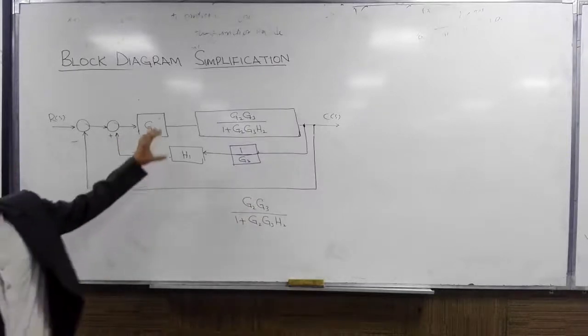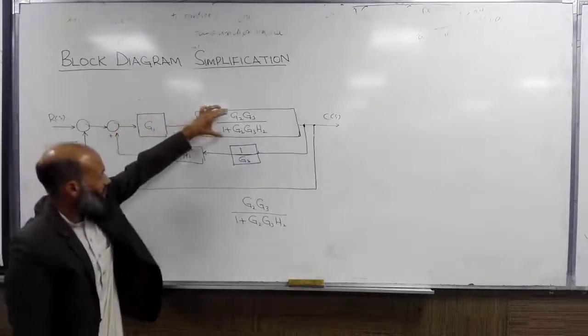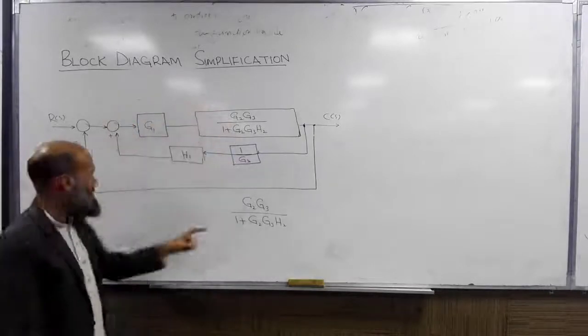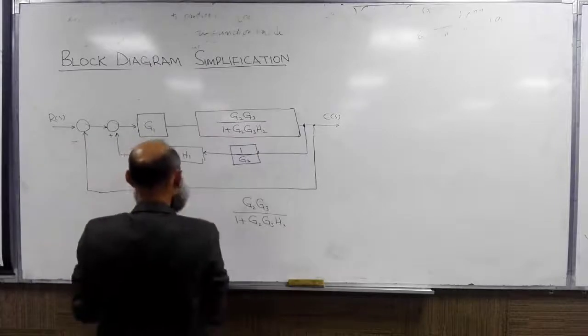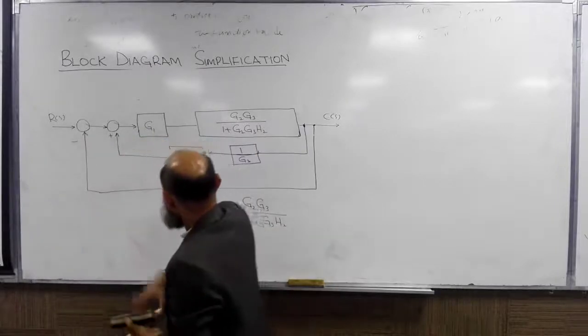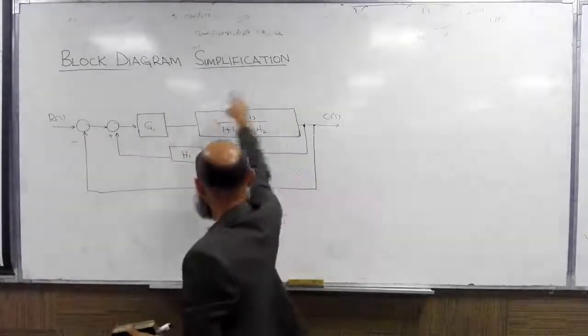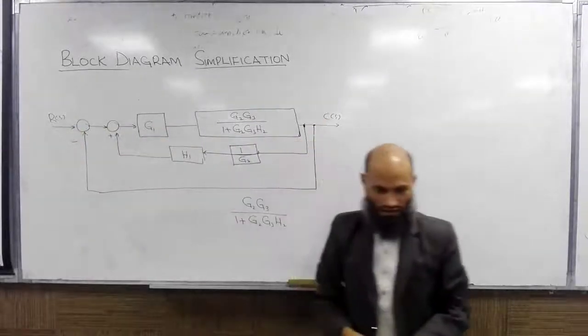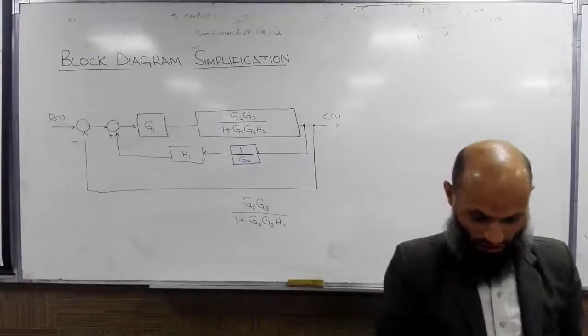Rest is simple. Simply you replace this block and this block by their product. These become again a feedback combination. You replace this feedback combination by a single transfer function. You have another feedback, and that is simple, and you can do that